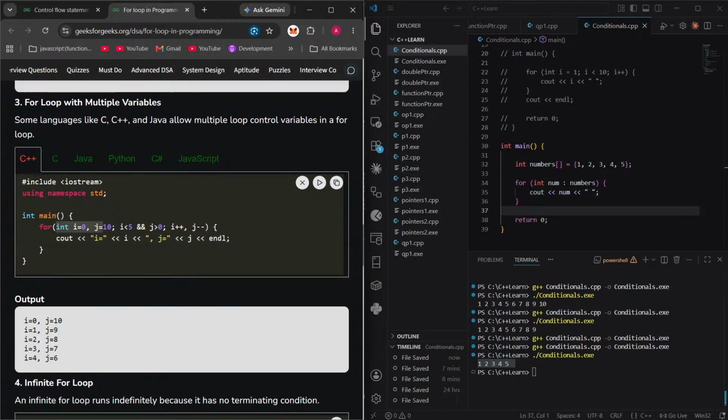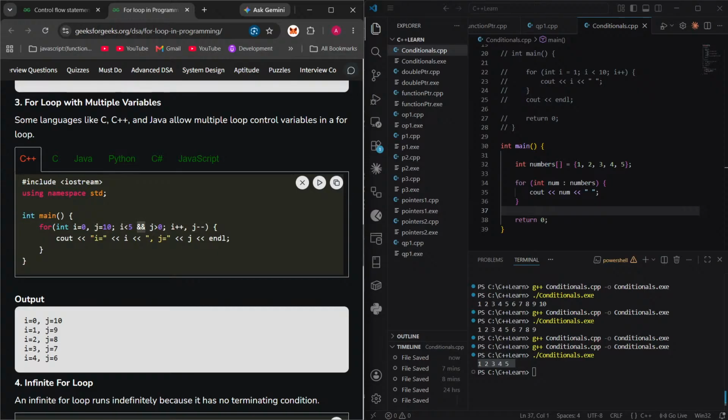This is like a special thing that exists only in certain languages. All right. So here i is initialized and j is initialized, and i iterates up till 4, that is less than 5, and